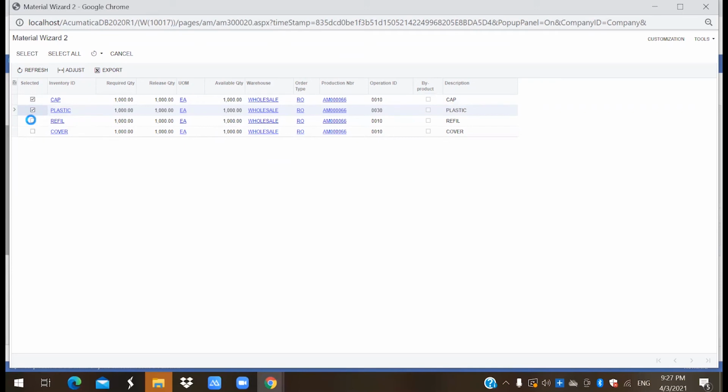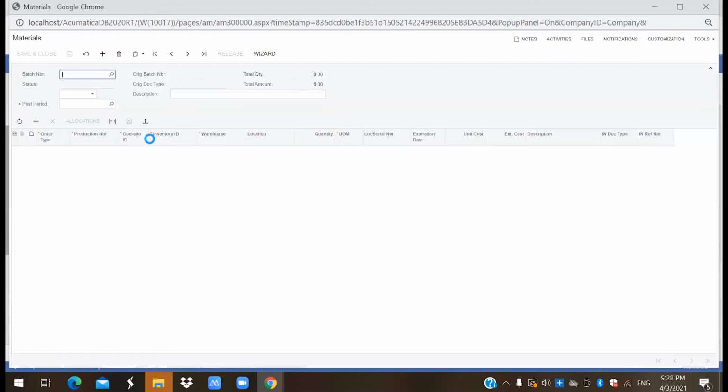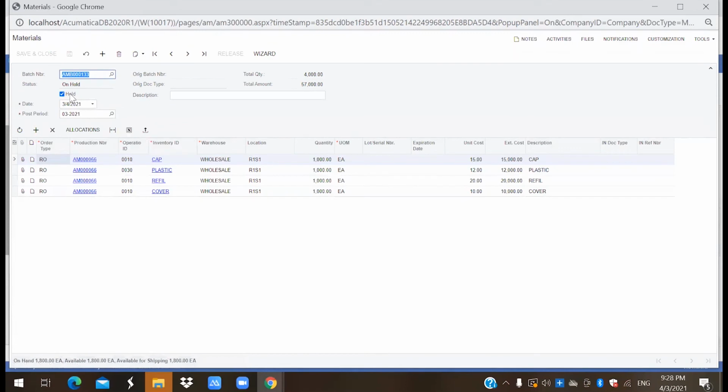But right now I'm just simplifying the process and releasing all the items in the first step. So select all and release this. So now all the items have been issued and we have generated an issue document subsequently. So now all these items are in WIP.